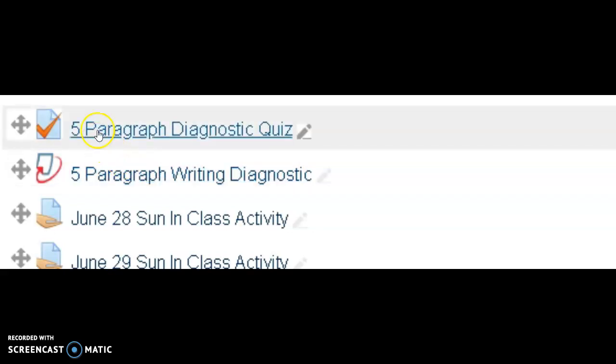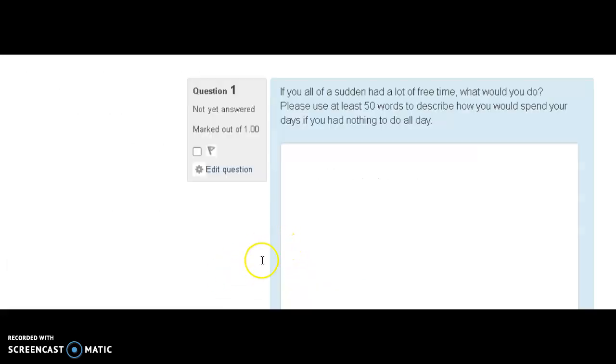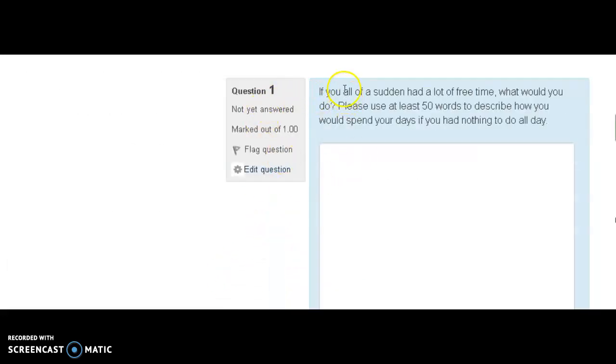So let's go through those steps one by one. First, let's look at the quiz. So with the quiz, we're going to click attempt. We're going to attempt the quiz, and that's going to take us to the quiz page. Usually it's going to be some prompt or something. So we will type our essay here,